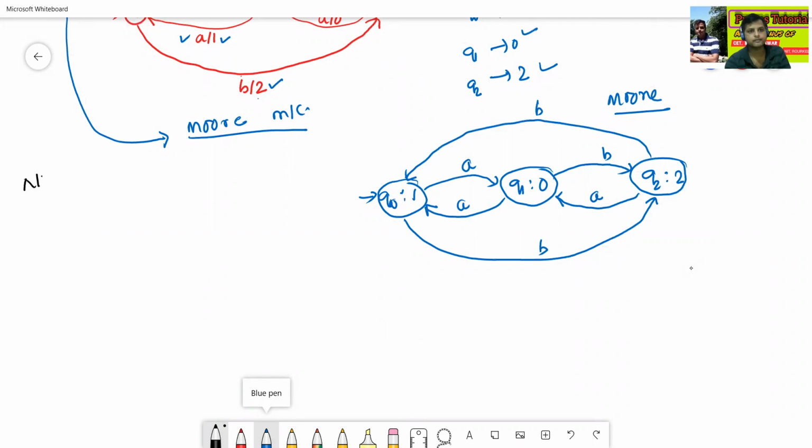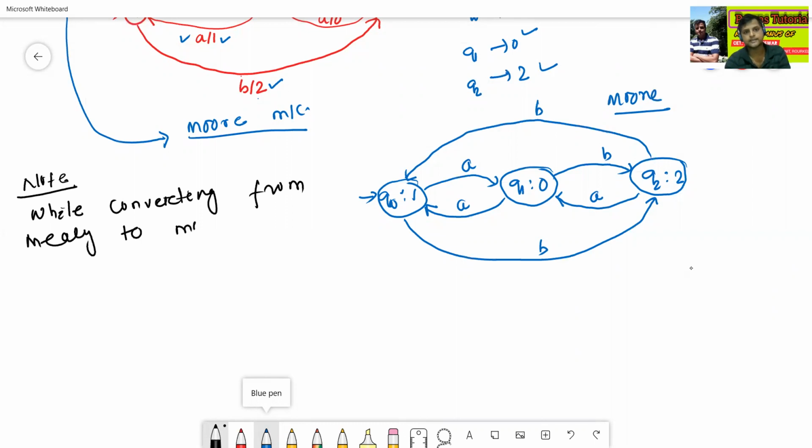While converting from Mealy to Moore machine,